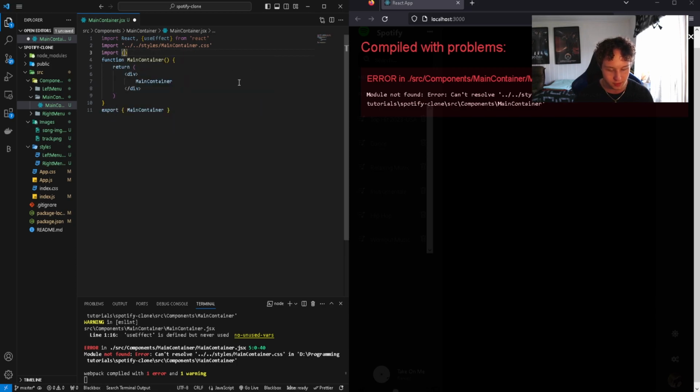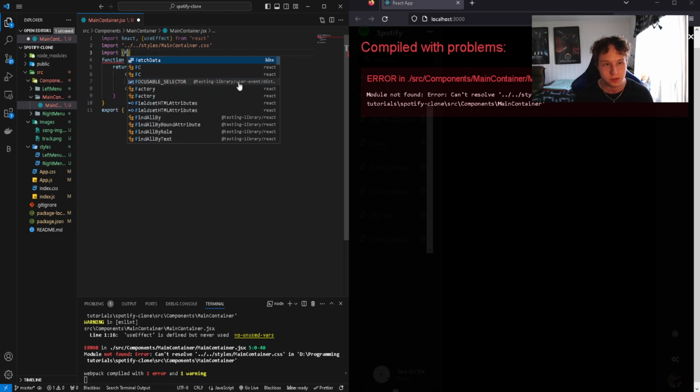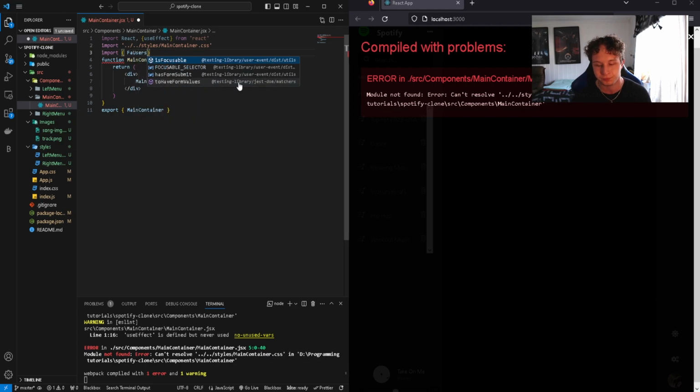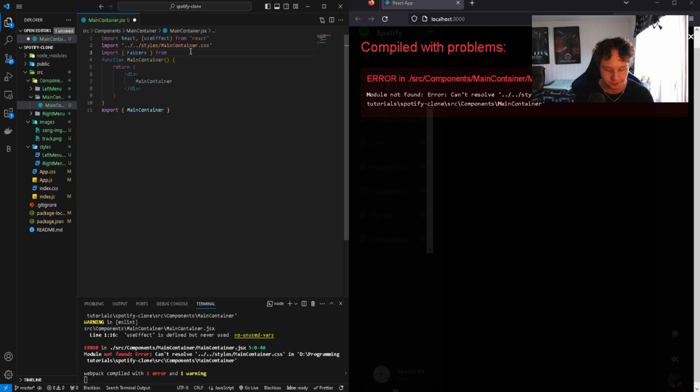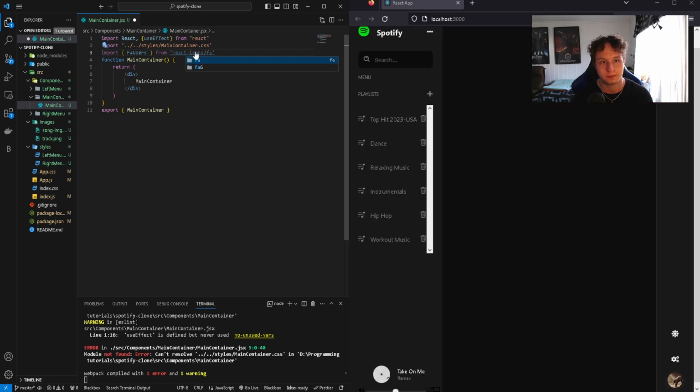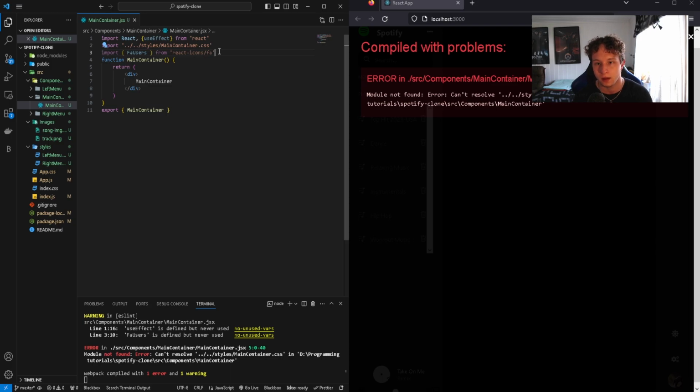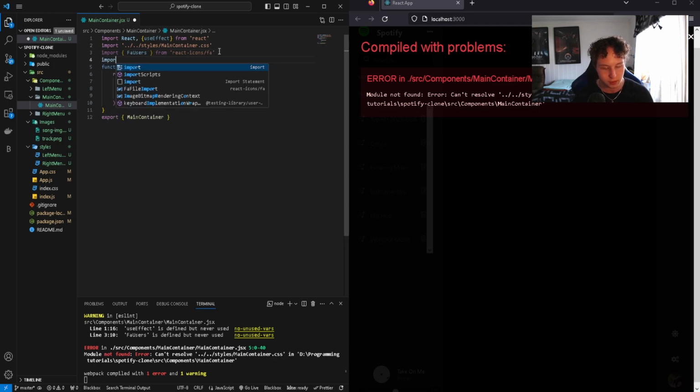So we're gonna import FaUser, FaUsers, and also, nice. And that's gonna be from react-icons/fa. Nice. And we also want to import another icon